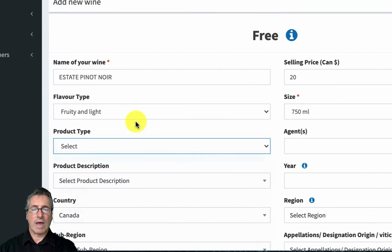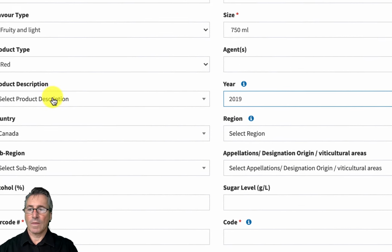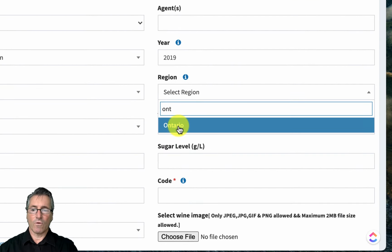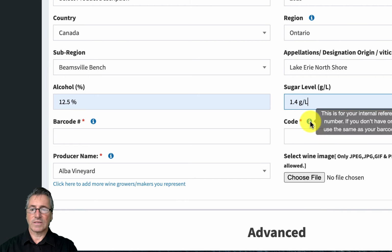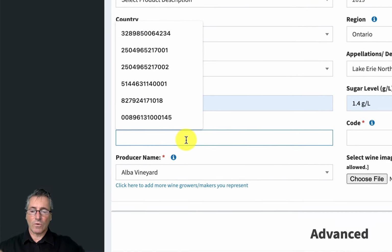Product type is a red, the year 2019. Product description, if you want to be a bit more precise, Canada. For test purposes, we go for Ontario, Bench, Le Carrier, and then we go for the alcohol, sugar level if you have it. Barcode. Barcode, if you already have one, well, that's a no-brainer, but if you don't,